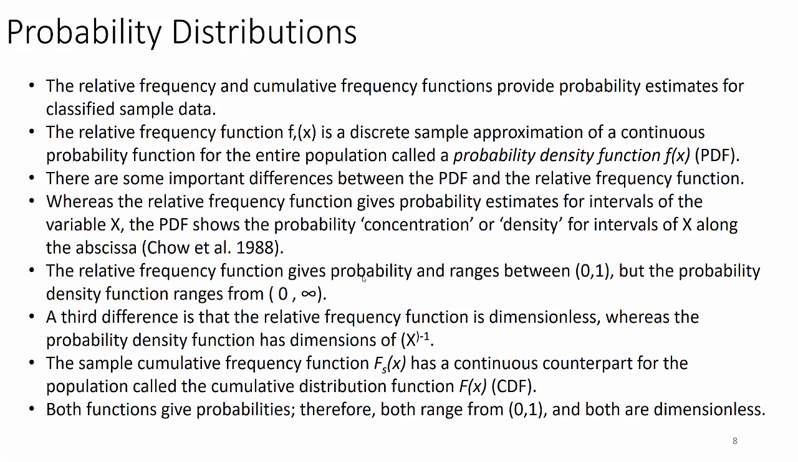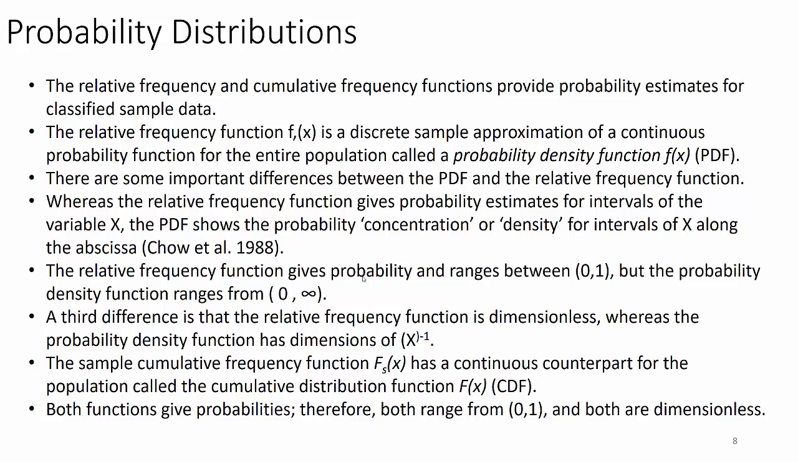The relative frequency and cumulative frequency functions provide probability estimates for classified sample data within categories or classes from 0 to 1, 1 to 2, 2 to 3, etc. The relative frequency function, f of x, is a discrete sample approximation of the continuous probability function for the entire population called a probability density function, the PDF. There are some important differences between the PDF and relative frequency function. Whereas the relative frequency function, which you can plot in Excel, gives probability estimates for intervals of the variable x, the PDF shows it as a concentration or density for intervals of x along the